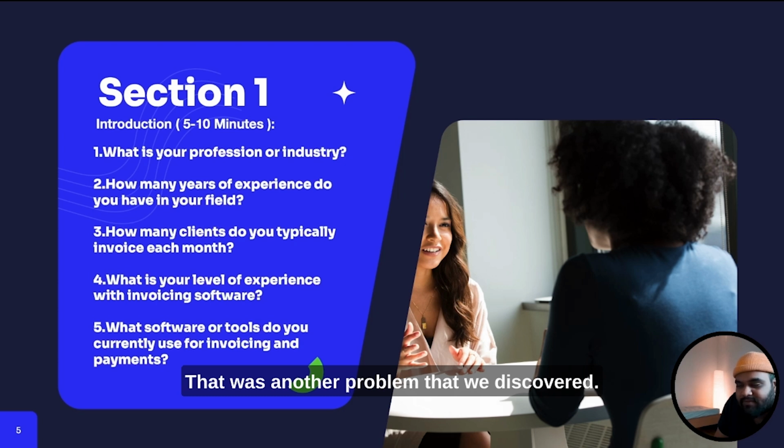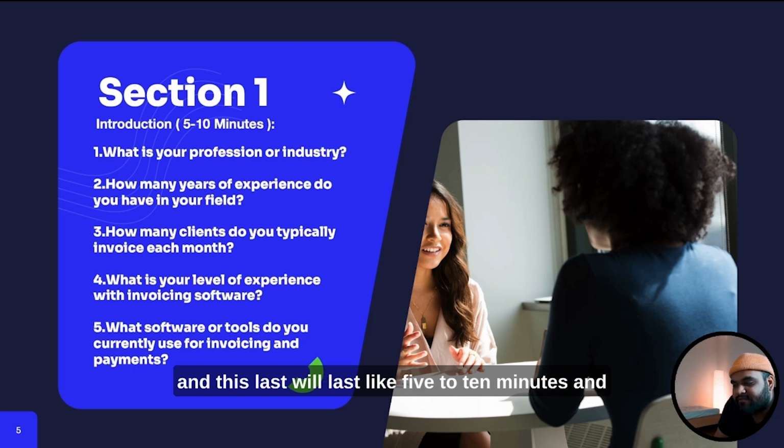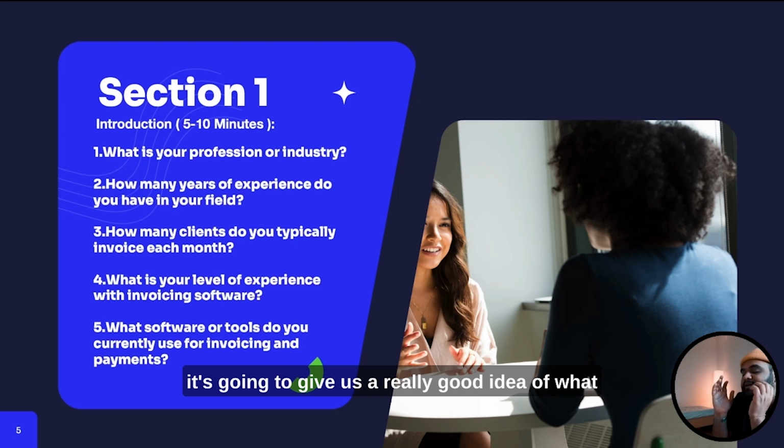That was another problem that we discovered. What software tools do you currently use for invoicing and payments? Okay, we just want to understand the competition in the market. And this will last like 5 to 10 minutes, and it's going to give us a really good idea